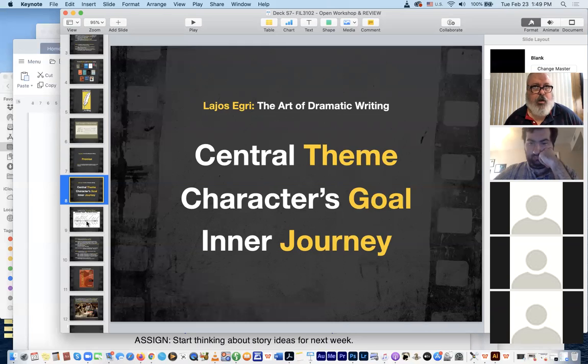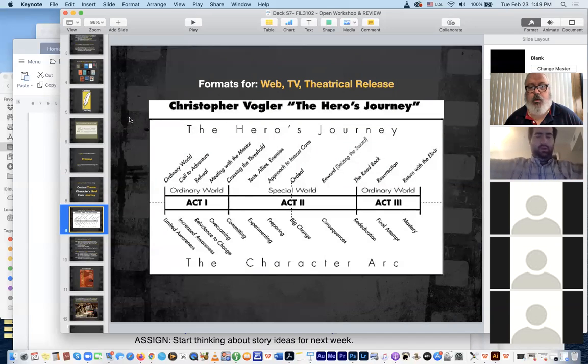I talked about a couple of different story structures over the semester so far. The first one that I illustrated for you was Vogler's hero's journey, sort of superimposed over 3-act structure. So you could kind of see where the fundamental breaks are in the stages of story. Okay. And then the stages of the hero's journey, starting with the ordinary world and ending with the return with the elixir. And I asked you basically to describe elixir and understand elixir